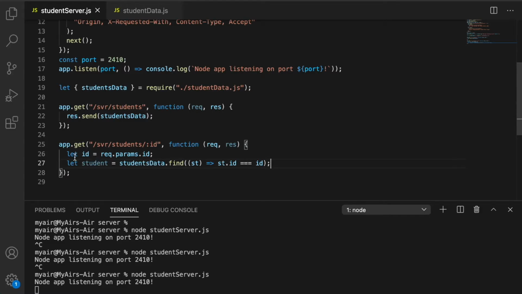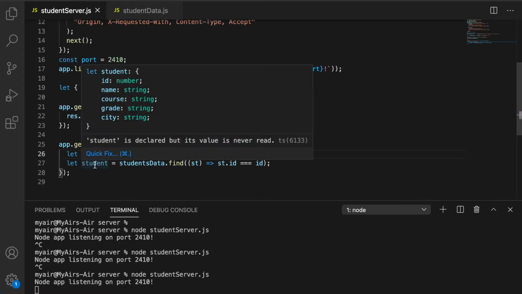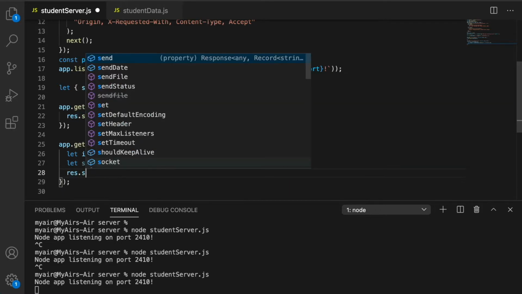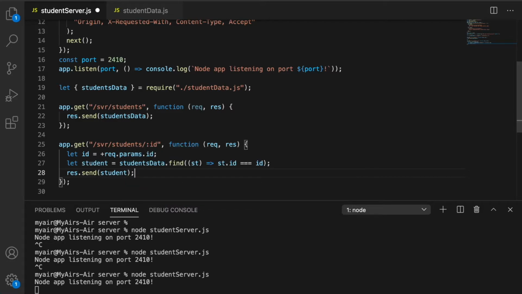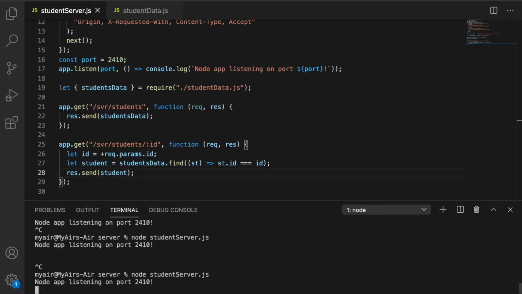And here remember that any parameter that we get from a route parameter is a string. What is the type of ID here? It's a number. So let's just put a plus here. So now we get student here. So we can just say response.send(student). Let's run the server again.